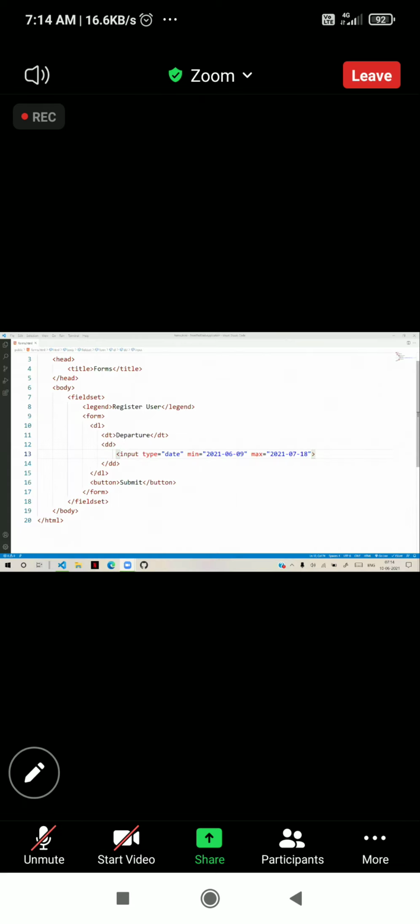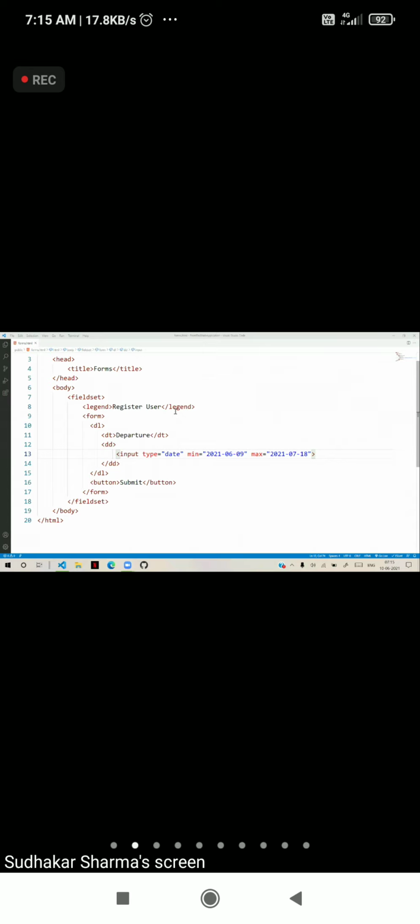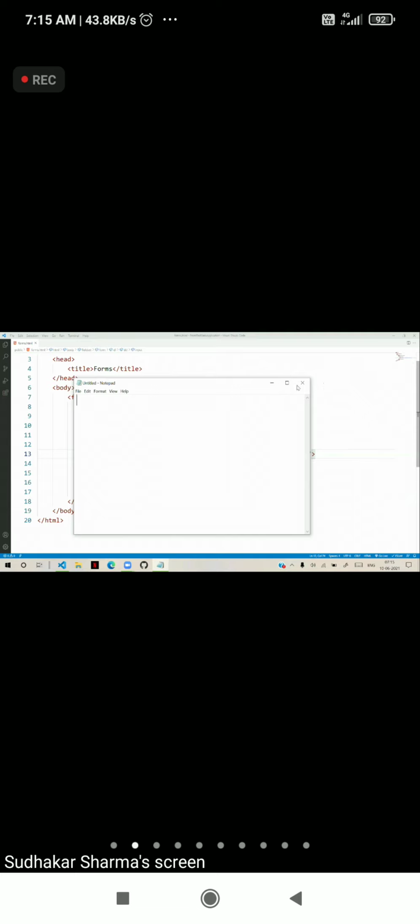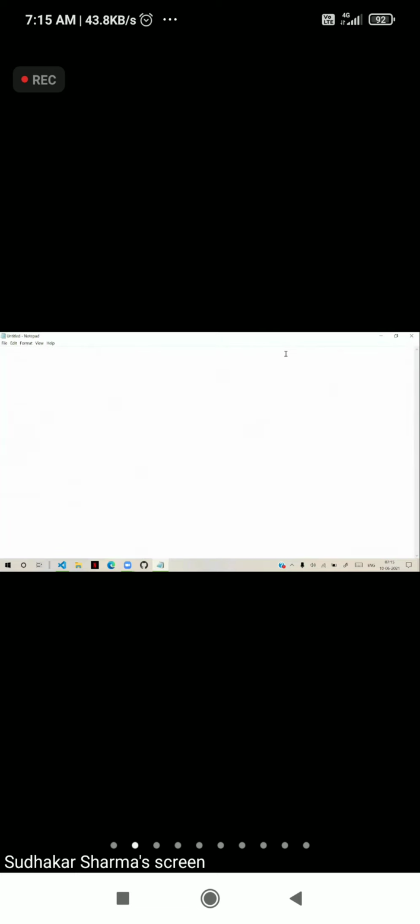A few input types, how to work with them, and what are the attributes for input types. Generally, in the input types, we discussed the options related to text box and all.